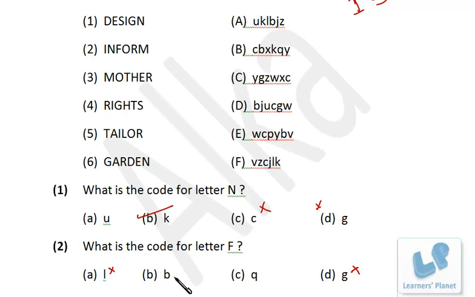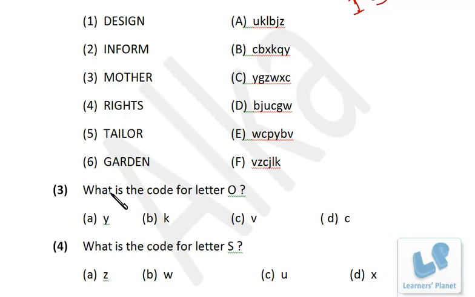So suppose I take B. Now B is there even in this case. B is there in this case also. That means B cannot be F, right? That means we are left with Q. That is not there in any other word, right? So this way you can save some of your time. I'm sure you are getting me.